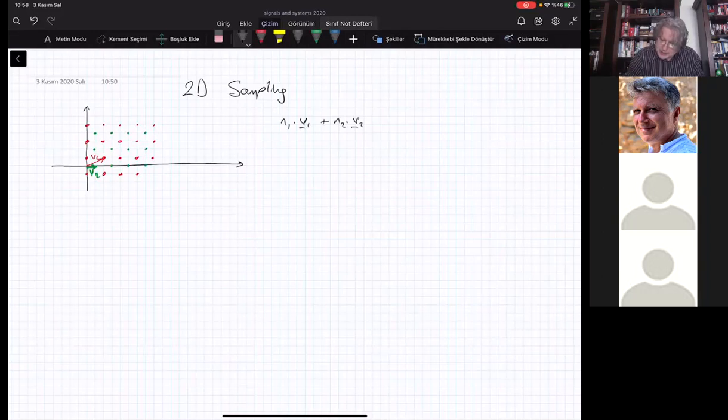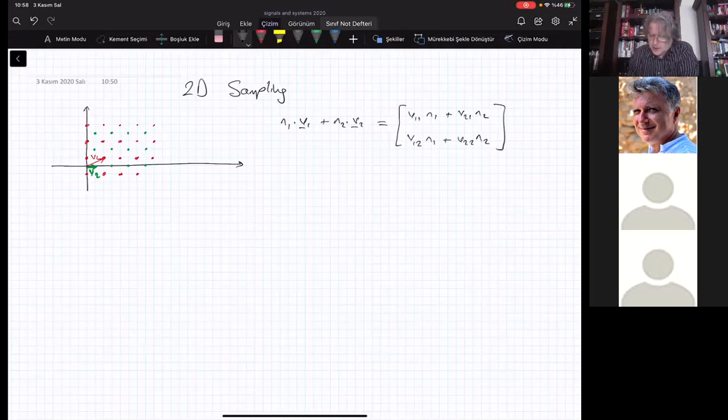And this expression can be put into something like this. Let me write it: V11 n1 plus V12 n1 plus V21 n2 plus V22 n2,